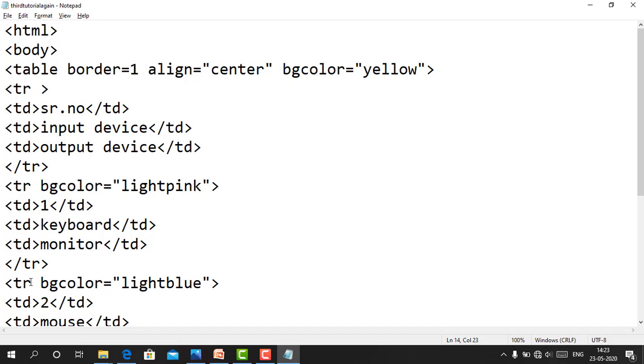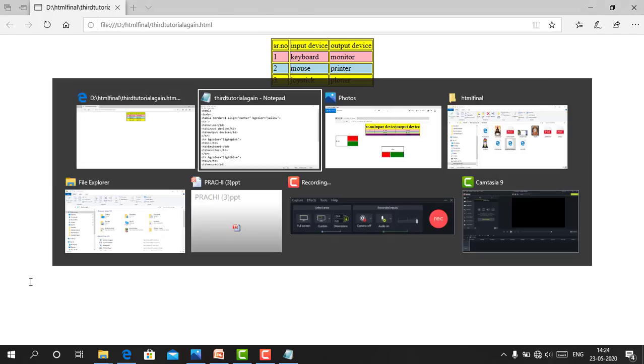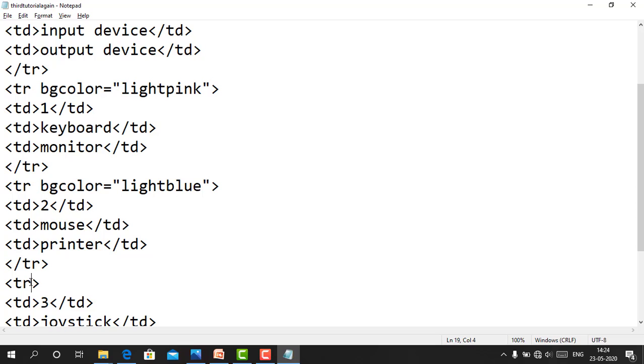Control S, F5. And the third row as the purple. So in the third row, purple. Control S,